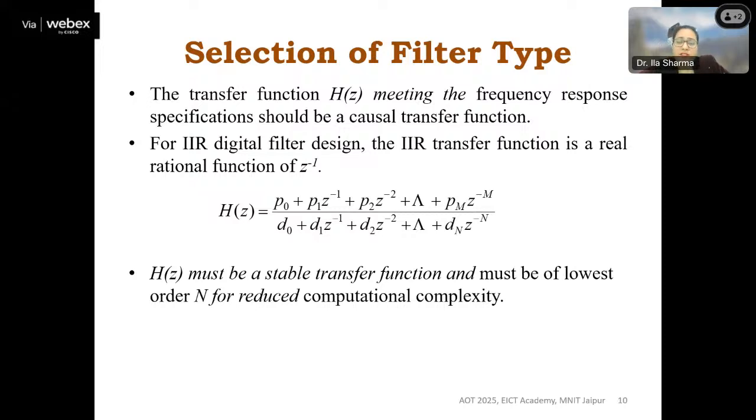Because of this feedback term, because of this denominator part, because of these poles, IIR filters may not be stable, and they always have non-linear phase. This is the drawback or con of the IIR filter.